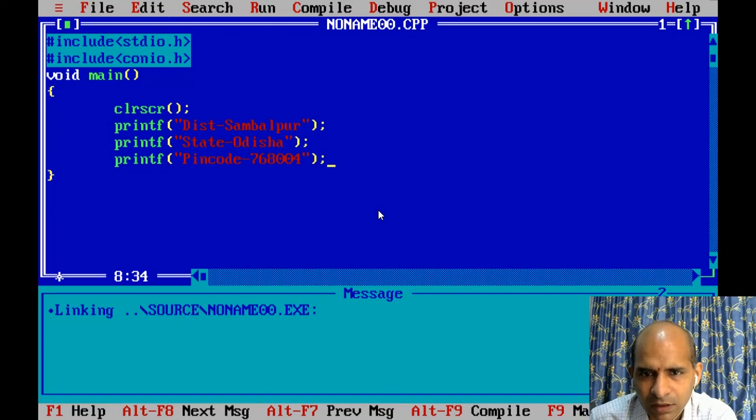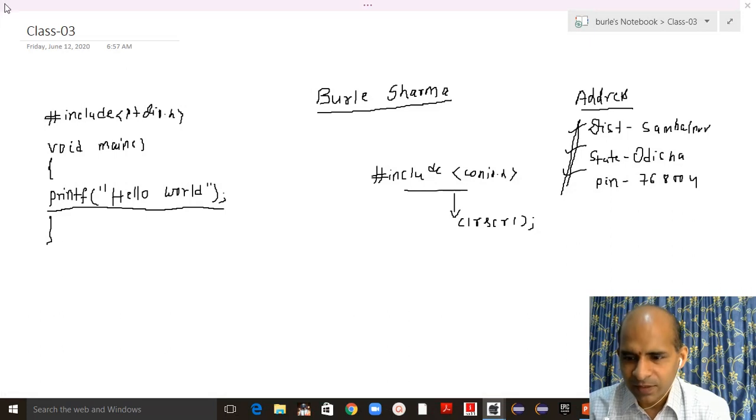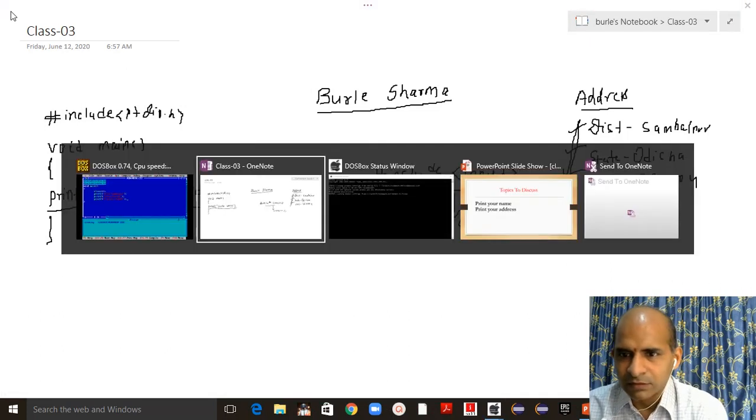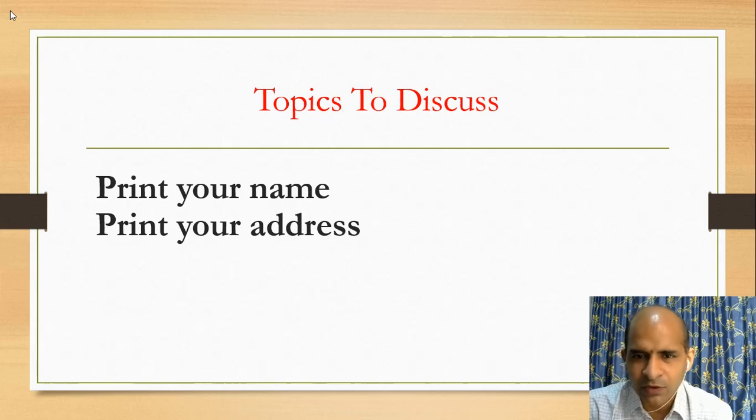So I am not showing what output it will display right now. In the next class, we will know how the output will be displayed. But before that, just make a try on your system and have a look at what it will display. So keep programming, keep going, and this much for today's class. And in today's class, we know different things.